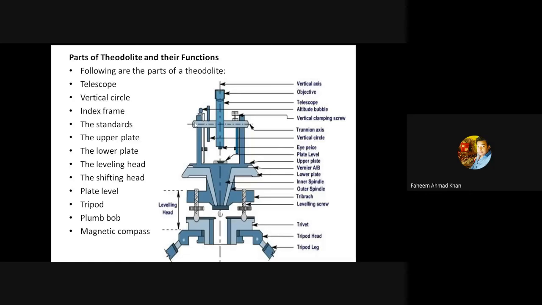It was just to give a view, an idea, how does a theodolite look like and what work it does. It measures the angle, and it may be horizontal angle or vertical angle, and using the equations of trigonometry, you can also calculate the height of a structure in front of you, or the vertical height of the structure, using the formulas of trigonometry, the concept of trigonometry.